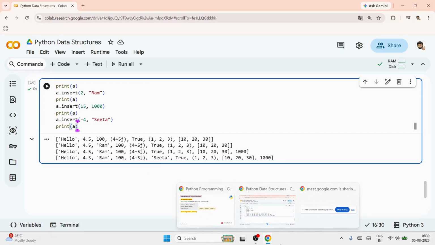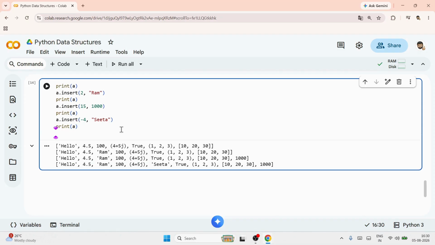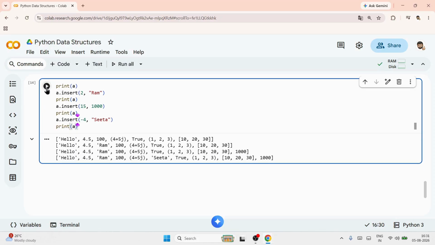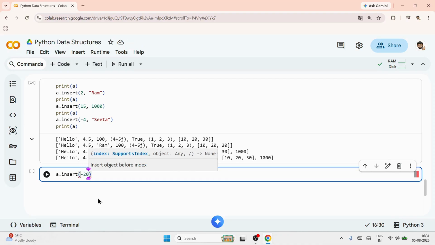Getting? And in negative index also, if you put a value outside the limit, you have to do it separately in another cell. Otherwise, the whole thing runs again and it will add 1000 again. So here I do a dot insert, and suppose negative index I'm giving -20, and I'm putting the value as some number, suppose 2000,